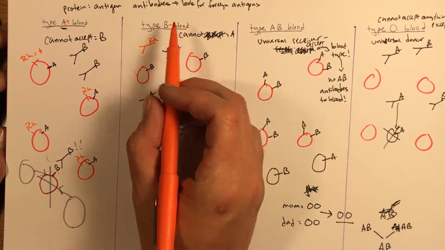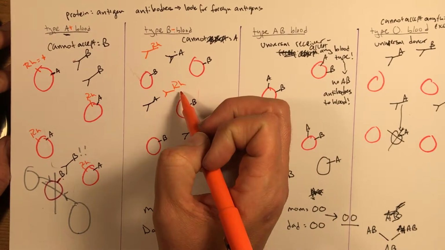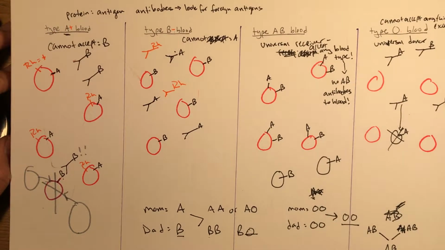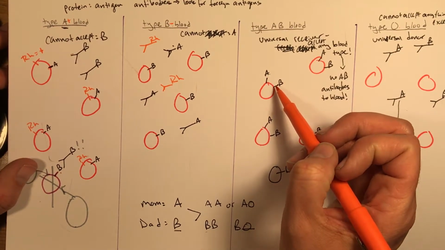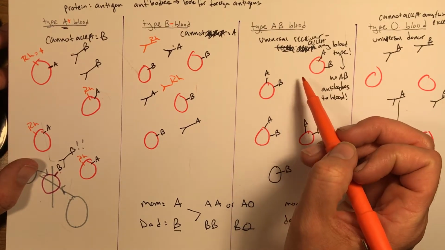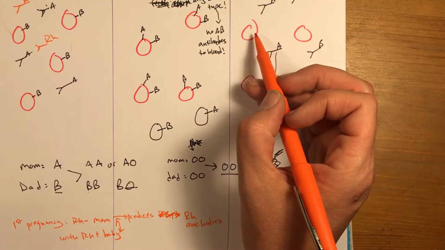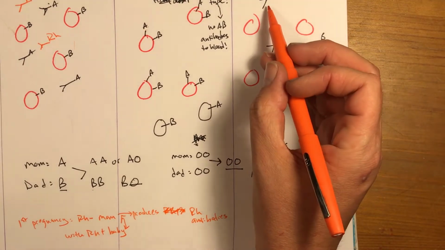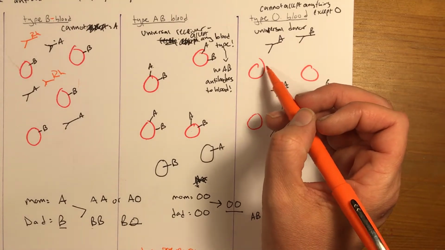If you're RH negative and you've ever experienced RH proteins, you will have created RH antibodies to be on the lookout again to kill these cells, even though they aren't really problematic. If you have AB blood type, that means you have both the A and the B antigen, and you don't make any A or B antibodies because then you would be attacking your own cells. If you are O type, you don't have A or B antigens on the cells, no markers, and so you create A and B antibodies to be on the lookout for any foreign blood.